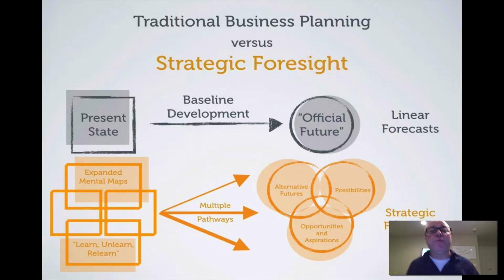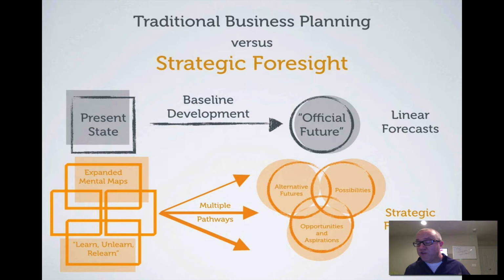And this is what we just left from, the forecasting versus the foresight, traditional business planning versus strategic foresight. And besides what you read in the speaker notes, I wrote this: our toolkit contains multiple tools to expand our cultural mental models to be better prepared for the future, to be future fit. Assumption and bias tools, those kinds of things are in our toolkit to help us to have better mental models. When we try to walk forward into the future from today, as I said just a minute ago, we think linear,